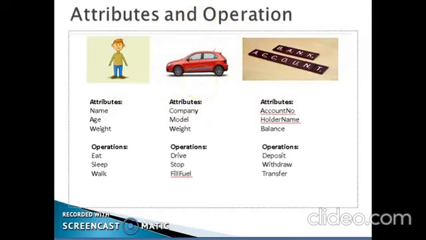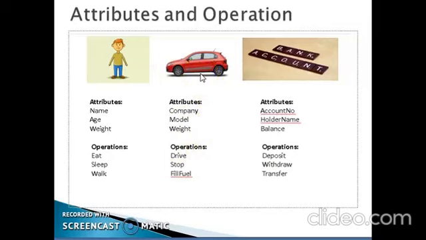Imagine I have an i10 car, and this i10 car which belongs to me is an object of the class car. What's the class over here? The class is car. And who is the object here? The i10 car that belongs to me is one of the objects of this class car.